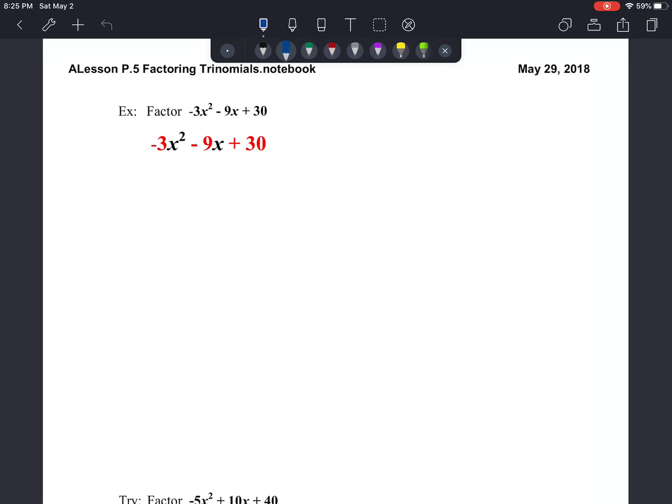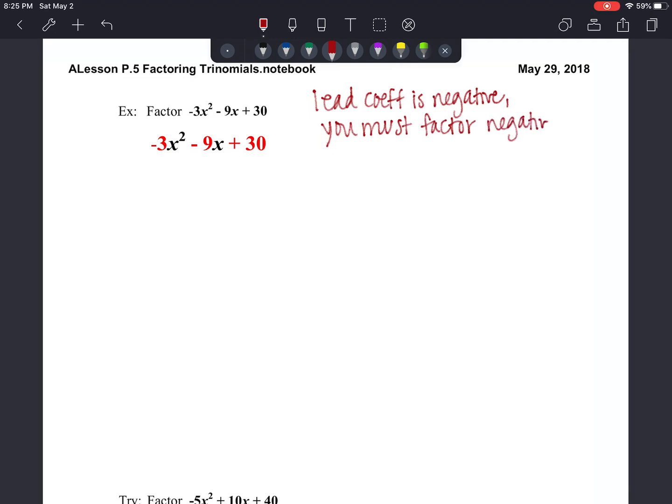Now, just like when we were factoring our greatest common factors earlier, when we have a leading coefficient that's negative, you have to factor out the negative. So you must factor out the negative. So my greatest common factor here is going to be a -3,